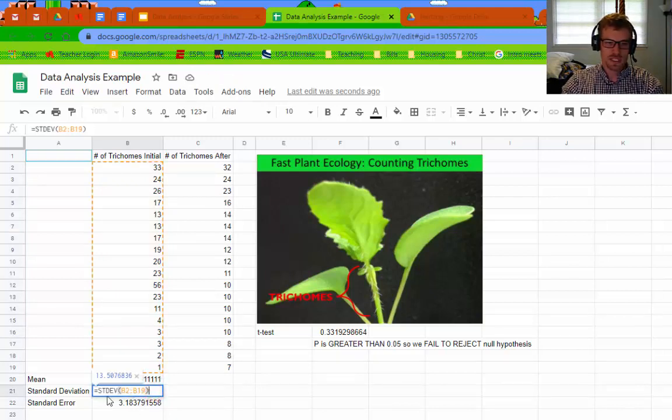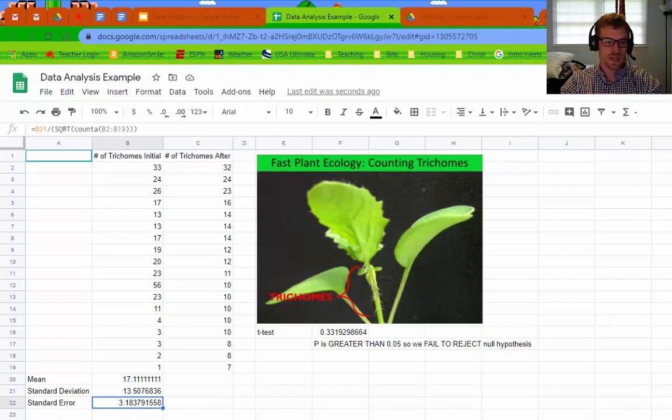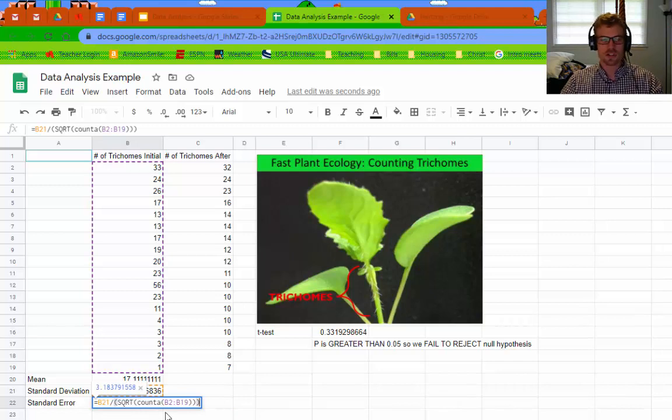Same thing with standard deviation: equals STDEV, and then you have your data range, and that'll give you your standard deviation. Now for the standard error, there are two different ways you can do this. Number one is you can use the formula that I've got here. I'm using the COUNTA function. The count function basically just calculates the number of